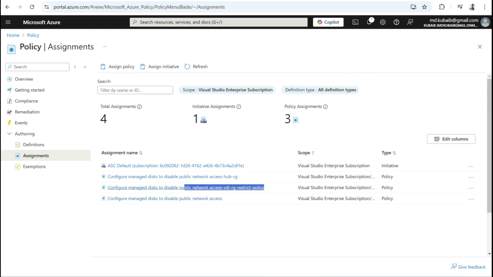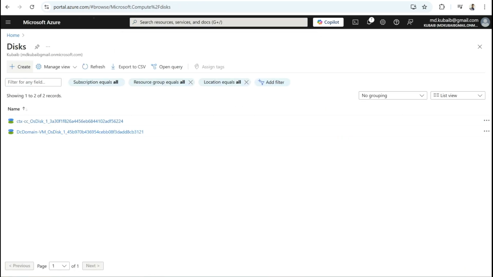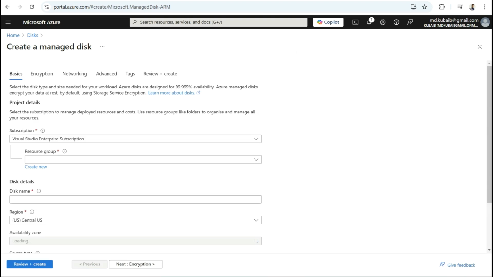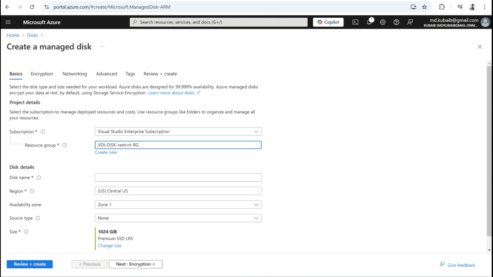So our policy is ready now, as you can see. So now let's see how it works. So I will go to the disk and I will try to create a disk here now. So I'm going to select the resource group. So I'll give the name test-disk restrict,